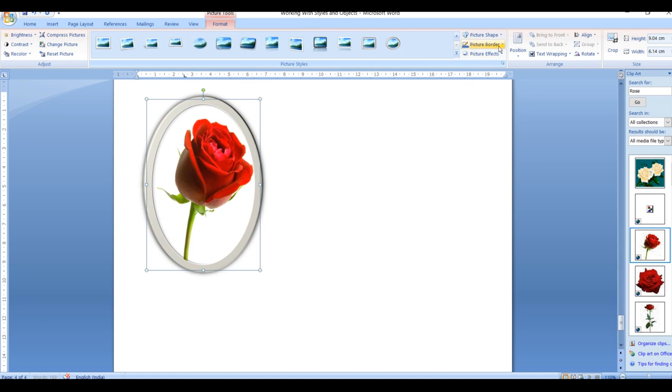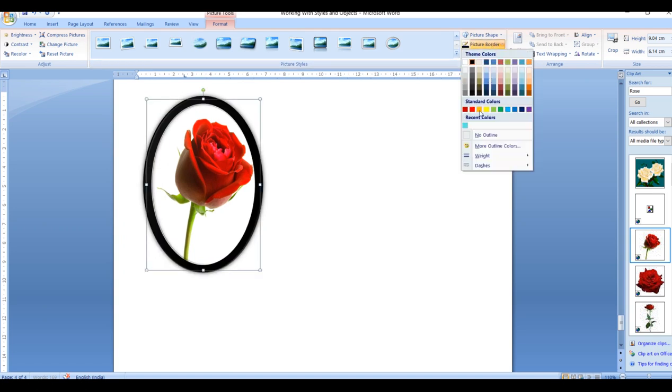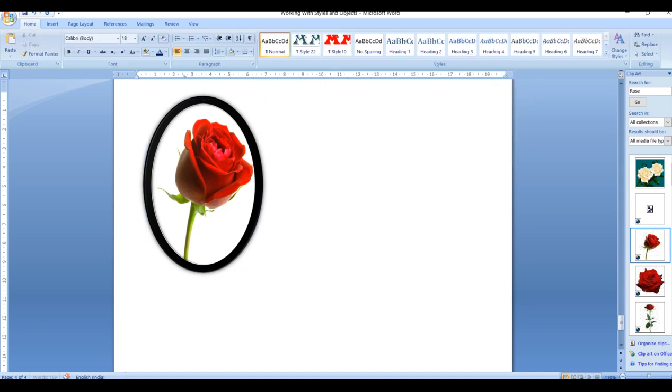You can choose the border, and even you can choose the border color. If you want any other color also, you can choose any other color for the borders. But here I choose that black one, it suits well. So this way I can add the clip art into my screen.